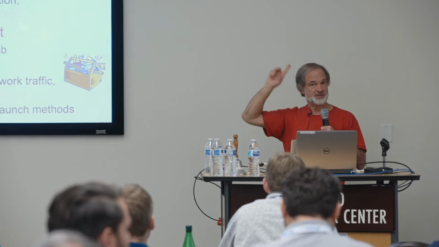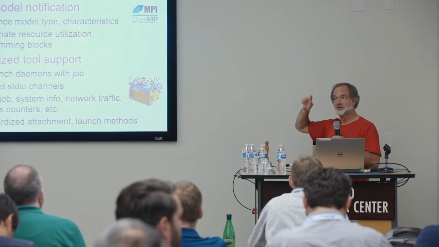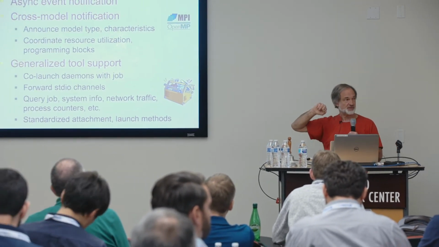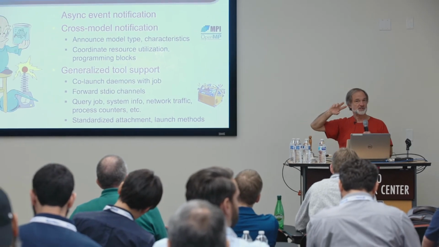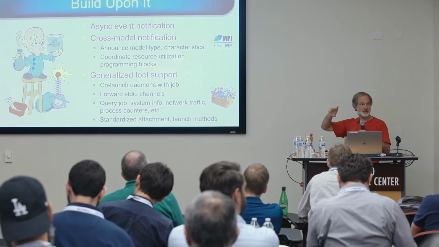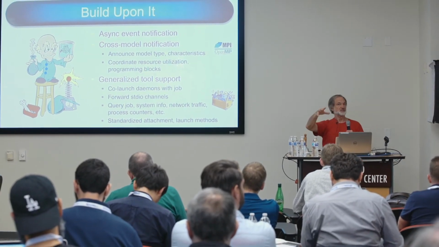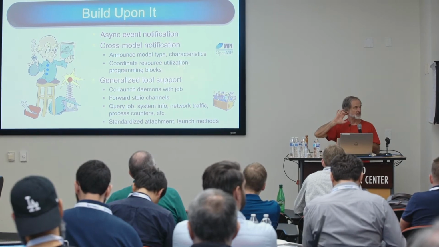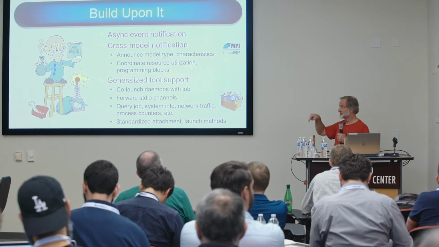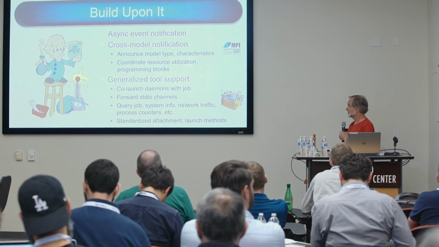So Jeff Waugh, I don't know if he made it to the thing. He had a paper he was going to talk about here where he actually has implemented this in OpenMP and in OpenMPI, where he's got the two models actually communicating with each other and handshaking through this event notification system to coordinate their assignment of resources. And he actually has parallel sections, for example, in OpenMP that cause the MPI section to back off during that period of time, and vice versa. So it's really kind of interesting what people are playing with.